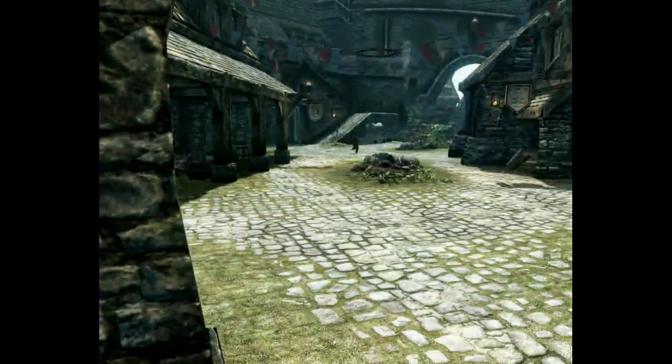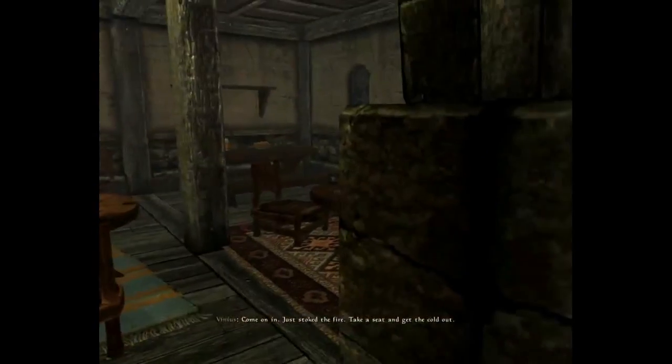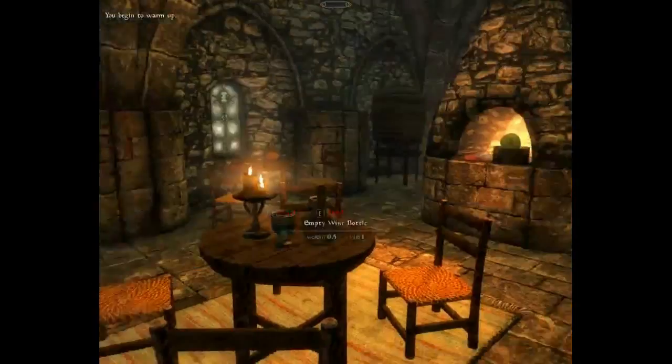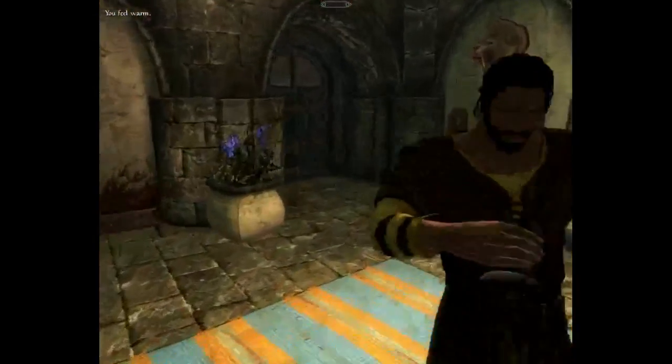I do not see the gentleman I wish to talk to. Maybe he's in the Skeever. Let's see. We're almost at our time limit, but if I can find him, we can get... Come on in. Just stoke the fire. Take a seat and get the cold out. Skyrim's staunch protectors, the Imperials. Nope, he's not here. Alright, well, let's take a walk down to the...